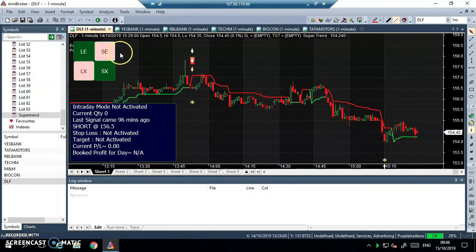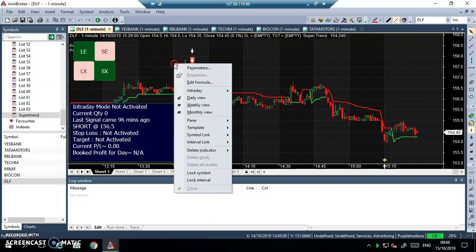Then I come to my ME broker, which is on my VPS, and I have 6 to 7 random stocks in my watch list. You can see here I have Yes Bank, Tata Motors, RBL, Tech Mahindra, M&M, Biocon, DLF. This is on 15th of October and the time is 9:06 a.m. and the market is about to start in 9 minutes from now, and I'm just configuring all my settings for the Martingale system to work.